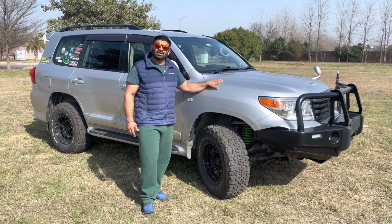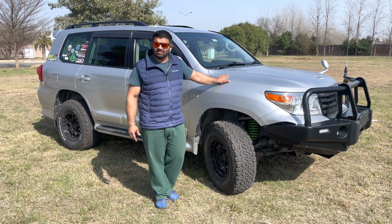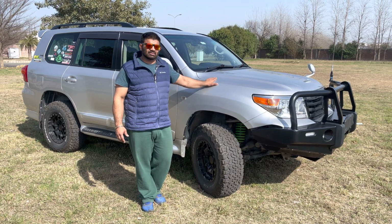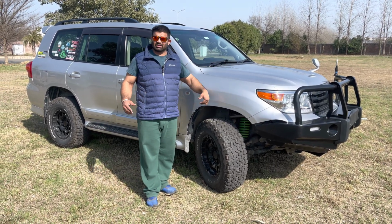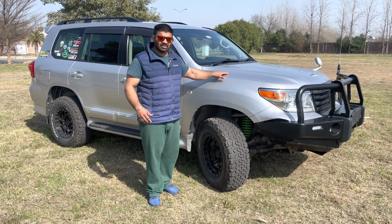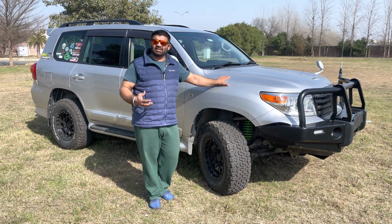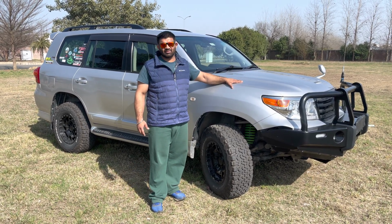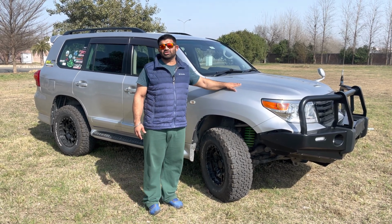This is a 2008 LC200, the actual Land Cruiser 200. And the special thing about this one is not the bumpers, not the tires or the mods that we'll be covering. The biggest thing about this vehicle, and what makes it very rare and sought after, is that this is not your average diesel engined Land Cruiser. This is a V8 naturally aspirated